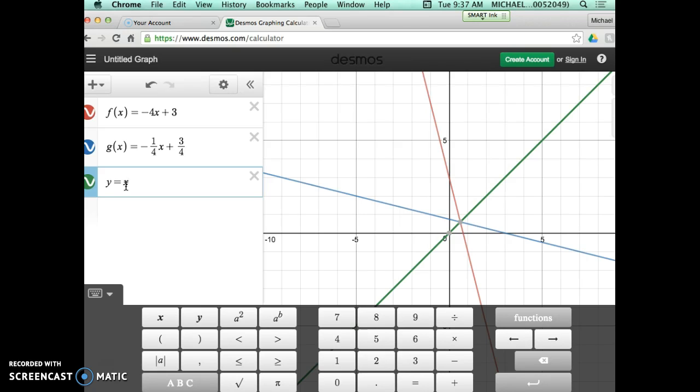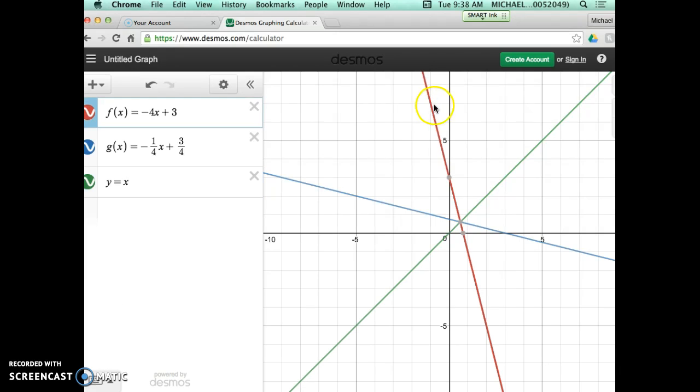Symmetrical means it's the same on this half of the green line as it is on this half of the green line. And if you notice, it's the exact same thing. Let's look at a couple other points just to see. I'm going to try to find some whole number points. I'm going to go for my original function, my red function here. I find that at this point up here,